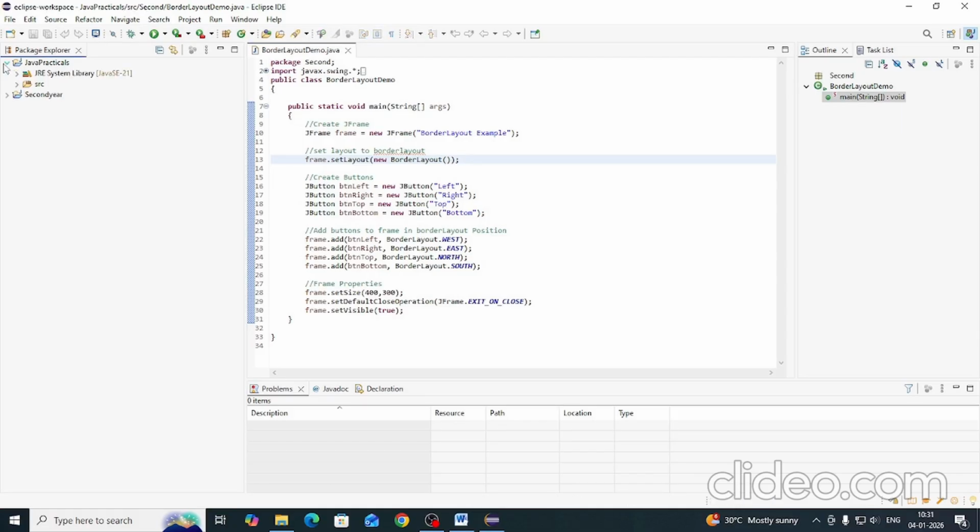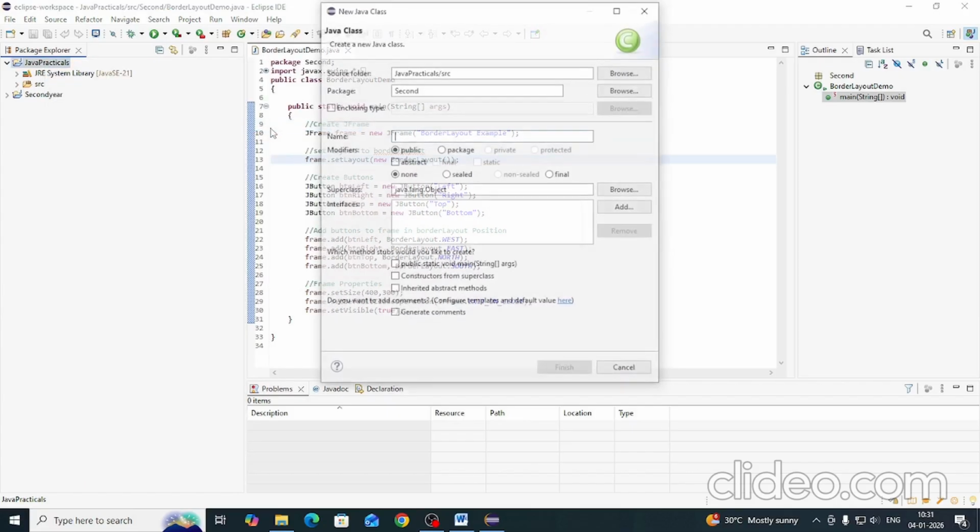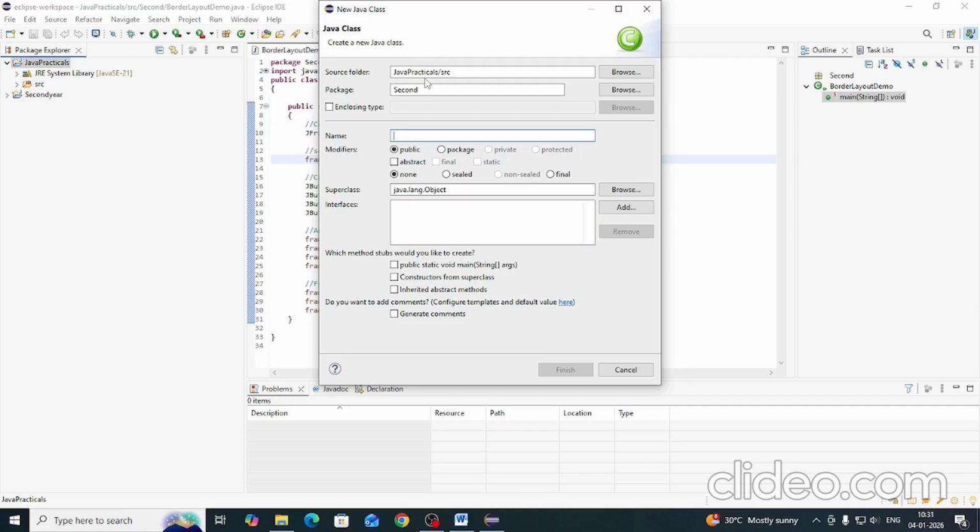In the previous video we saw how to create this folder. In this we are going to save our practicals. So just create one class in this folder: New, create a class. Here you can see my source folder will be Java practical. My class name, for this program to design a calculator,